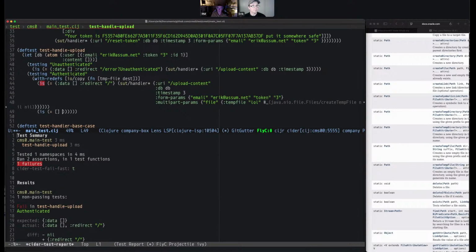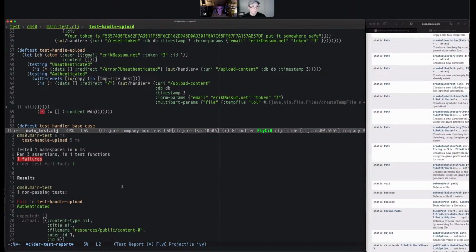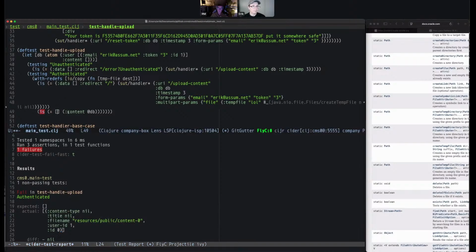I don't. That definitely didn't work. That's for sure. Oh, it did. Well, it didn't, but you see, we actually got one. See, we sent in an empty database with no content in it, and now we're getting